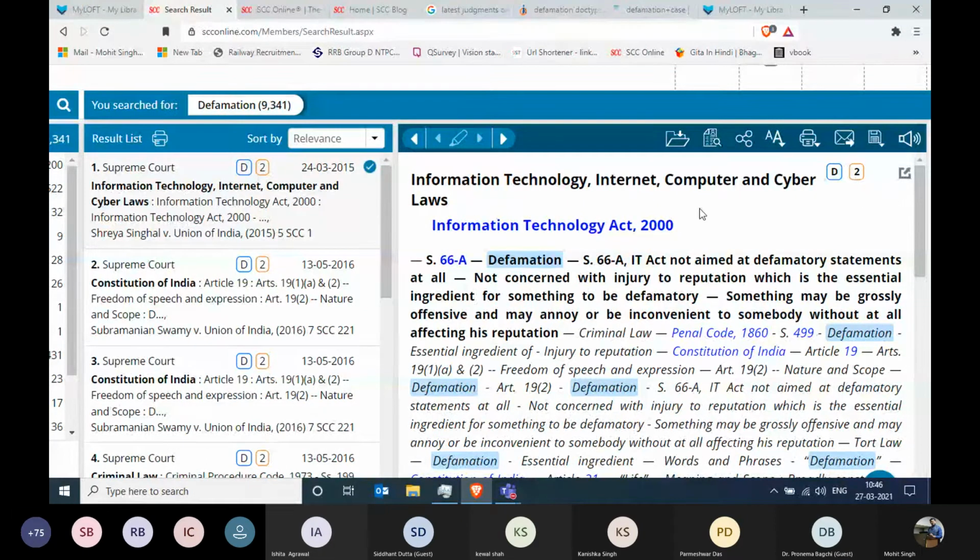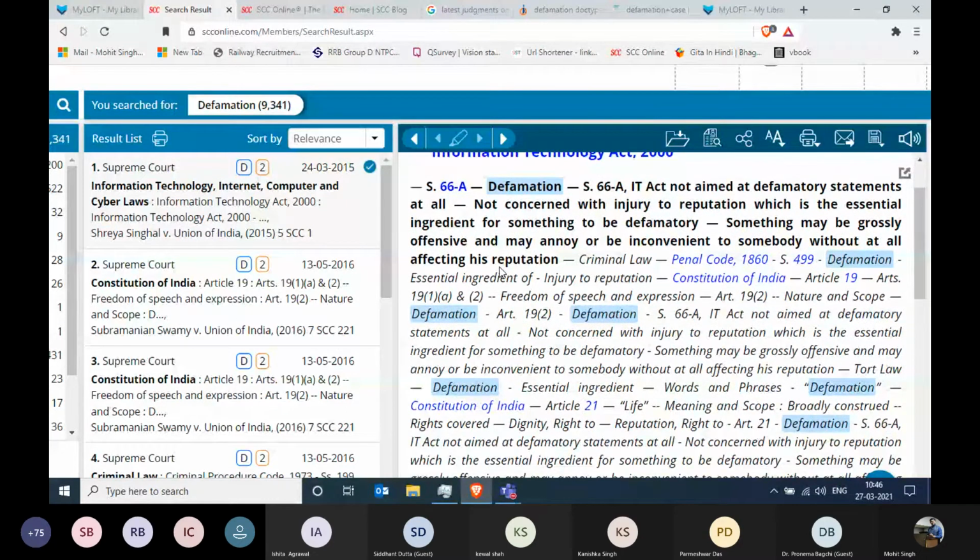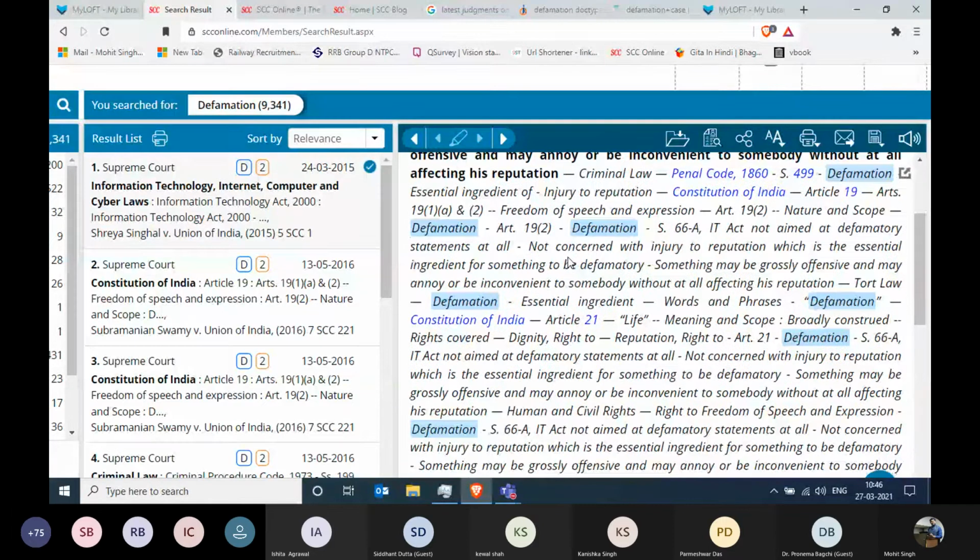So how does a digest note work? Suppose we read a full judgment, and in that judgment there were 10 important points of law discussed by the justices, right? For each and every point of law, we make a separate entry in the form of a digest note, such as this one, which was one of the law points discussed in this case: Information Technology Act 2000, Section 66A, defamation. For that law point, first of all, we try to give you the idea of what was discussed in it, and then what the opinion of the whole quorum was on this particular law point.